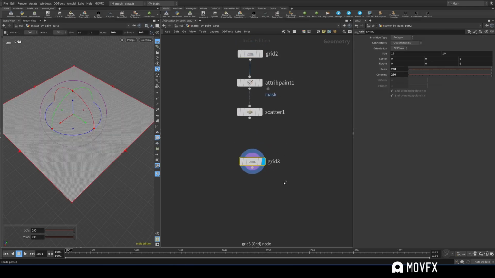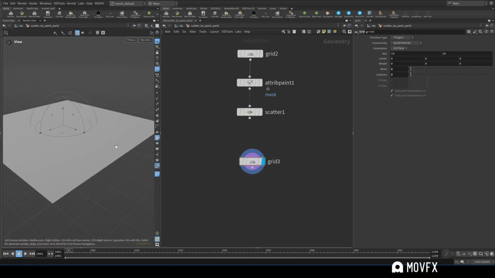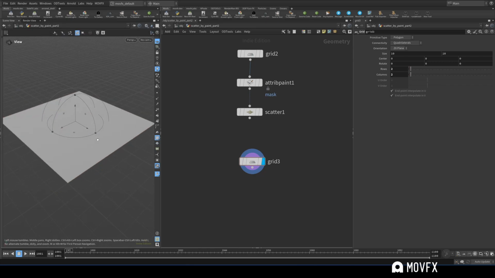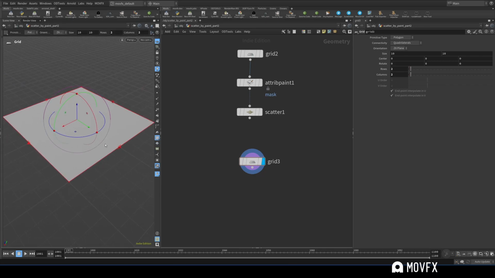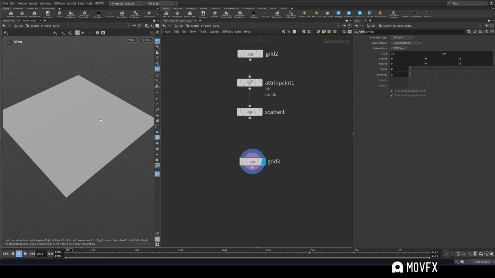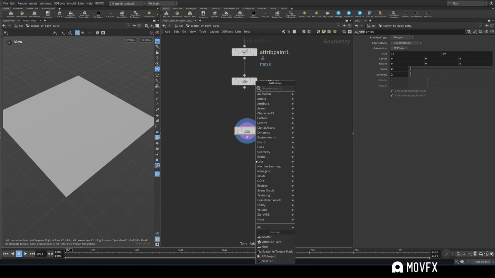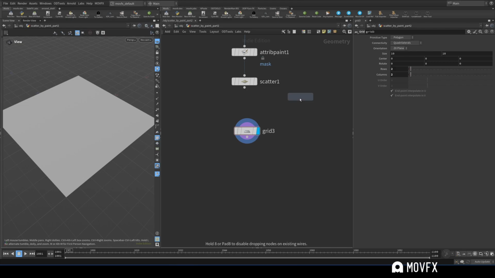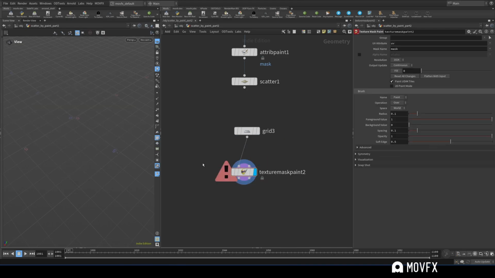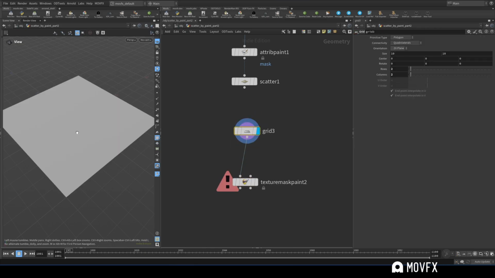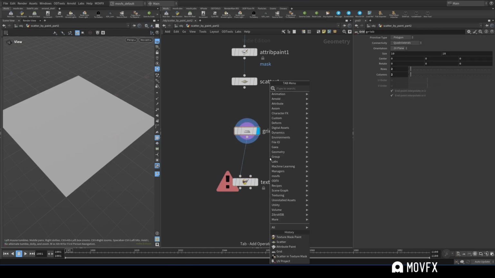Let's copy this grid. Now I'm going to put divisions to 2. So now there are absolutely zero subdivisions in between. Basically we are going to scatter points based on a texture map or something like that. It's a pretty similar approach. We have a node called texture paint. You can use this node here, but this node requires UVs to be present on this mesh. We don't have UVs, so let's create a UV